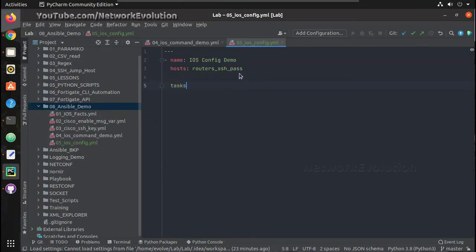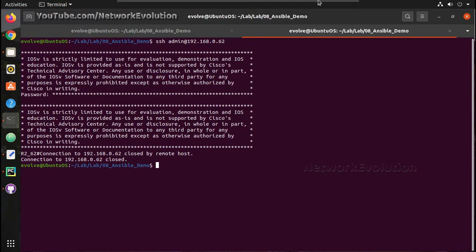And then I'll create a task, config mode command. First we'll try executing one simple config mode command. Then we'll go into the parent and child commands. Here we will configure the IP domain name.